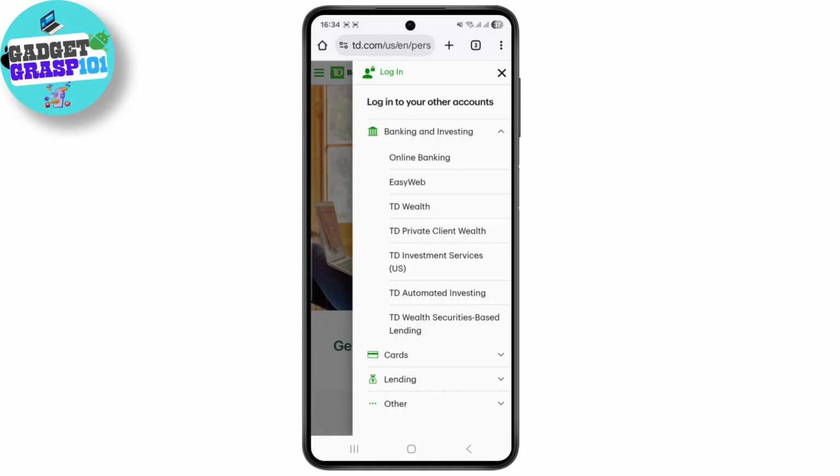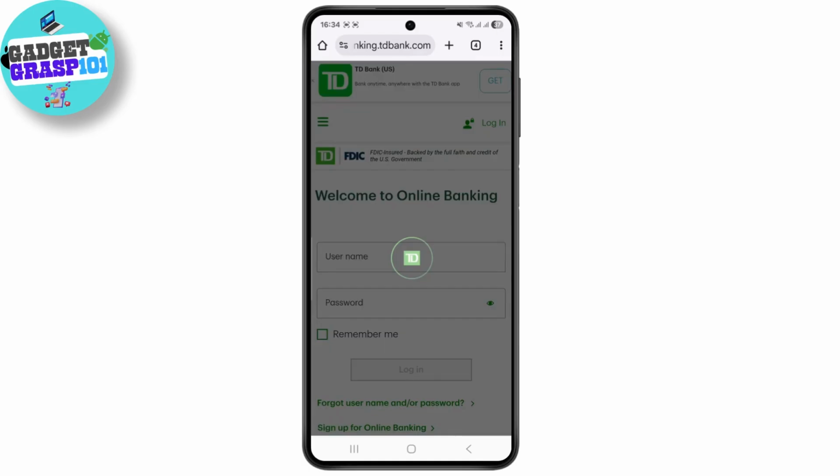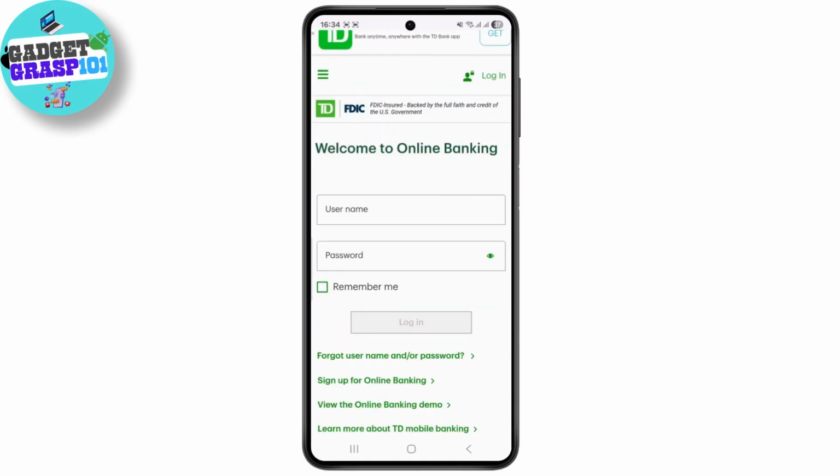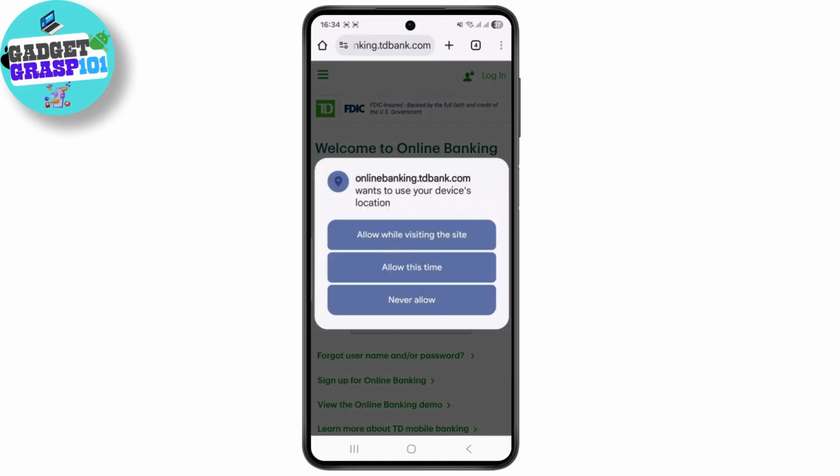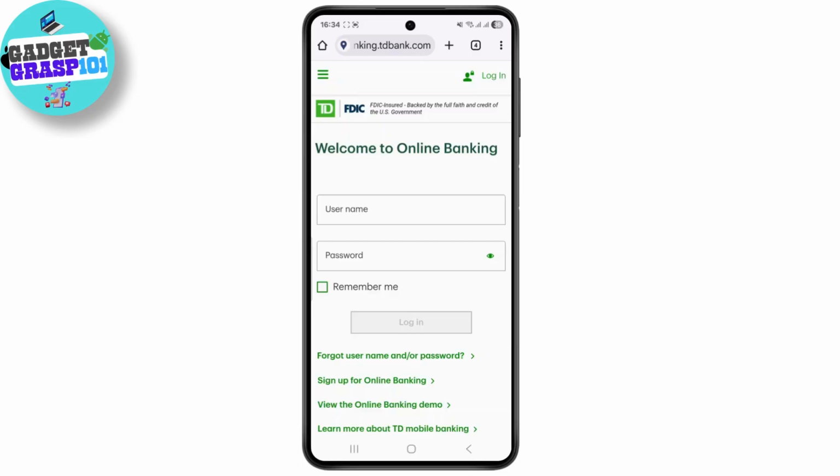and just choose accordingly if you're trying to log into your online banking or TD Wealth or any other account if you have one. So since I'm trying to show you from an example as an online banking account, I could simply tap on that and just provide my username as well as your password. So make sure to do that, and while entering the details, just make sure that you have selected or entered